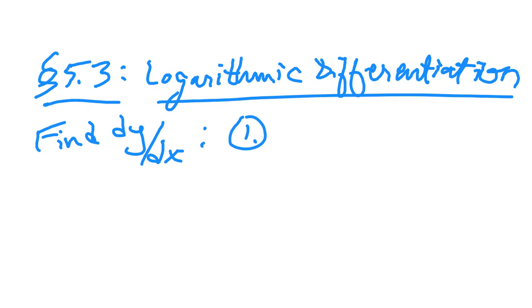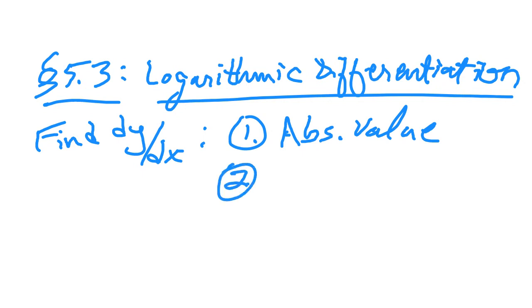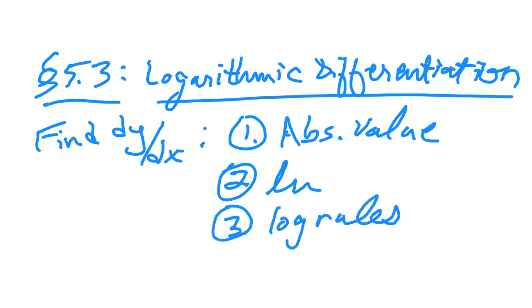First of all, we're going to take the absolute value of both sides of the equation. So typically we have an equation, y equals something. Anyway, we're going to take the absolute value of both sides. Then we're going to take the natural log of both sides. And then once we have that, we're going to use our log rules to make life a little bit easier for when we take the derivative. And then after we do that, we're going to take the derivative of both sides with respect to x